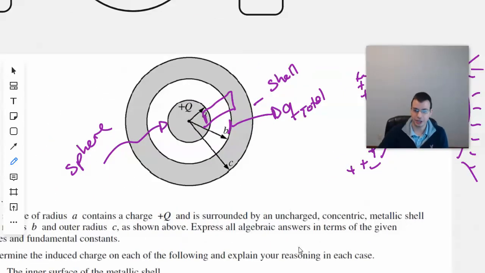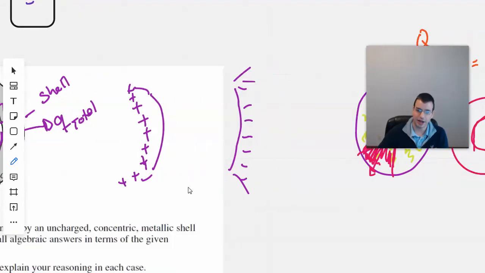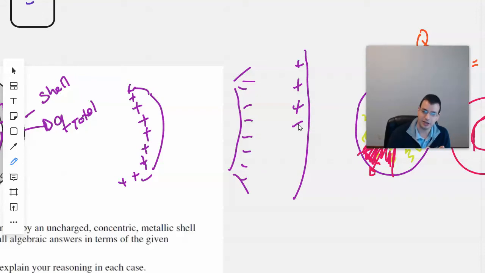So the idea that you can ignore everything outside of you, we're going to go with another idea here. So we have plus charges on the inside sphere, negative on the inside of the shell, and then there's going to be some pluses out here, but we don't really care about those yet. Another thing I said was the electric field inside a conductor is always 0. So if we look at the electric field at this point right here,